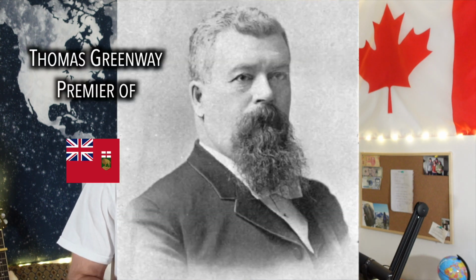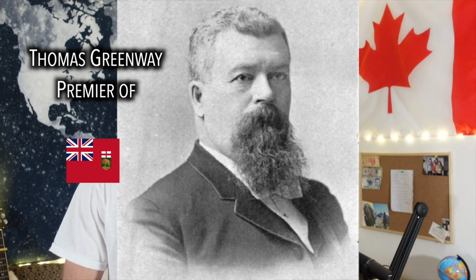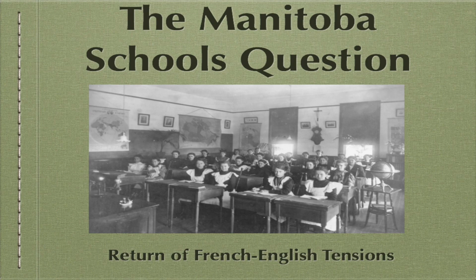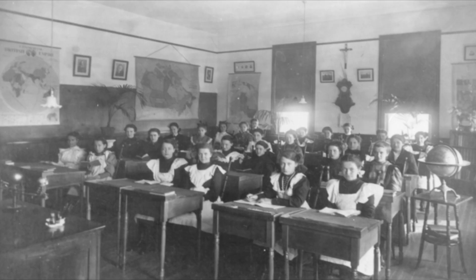Now, one of the ways that this manifested itself was when Laurier signed the Laurier-Greenway Agreement in Manitoba. The Laurier-Greenway Agreement allowed the Catholics at the time in Manitoba, who were mainly Francophones, to have a half hour every day of Catholic education. At the time, that angered a lot of Anglophones who wanted no part in Catholic education, while on the other hand, it also angered a lot of French people living in Manitoba because they wanted a full Catholic education. Laurier was sort of this figure of compromise at a time when there was a lot of tension between the English and the French in Canada.